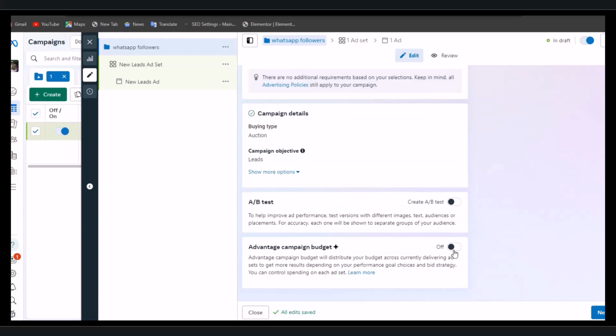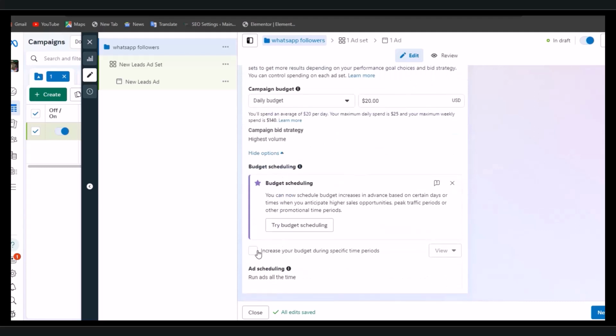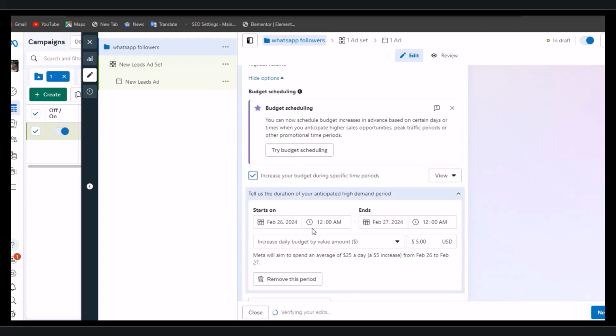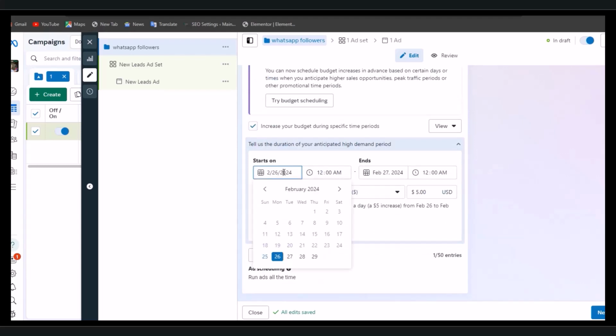And then let's come to the budget. Come here and set up the budget, the daily budget that I want to run this ad. And if you come to this section, check this one and come down, choose the starting date and the end date. Let's say you want your ads to run for 5 days, so you go into the starting date and